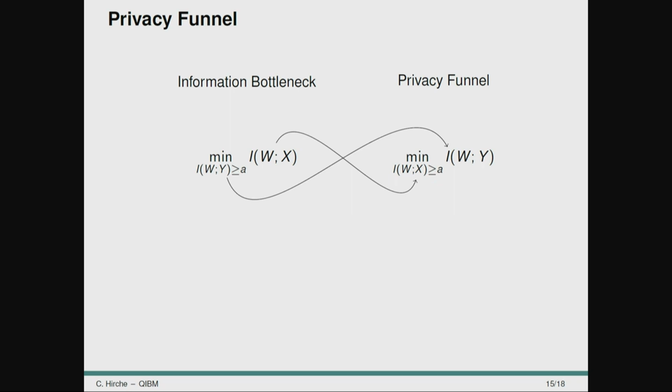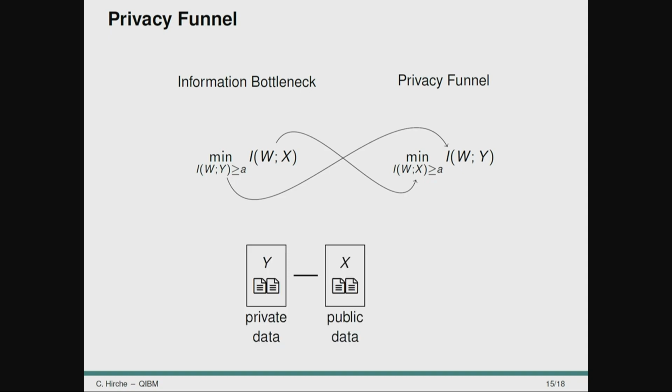So there's a very intuitive explanation of why you might be interested in the quantity. Look again at a correlated set of data, X and Y. Just call X some public data. So this is data you're willing to disclose to, let's say, a company who's supposed to do something for you, right? And this data, your public data, is also correlated with private data. This you want to keep secret. And now you have a channel from X to W again, which is telling you which data you can release.